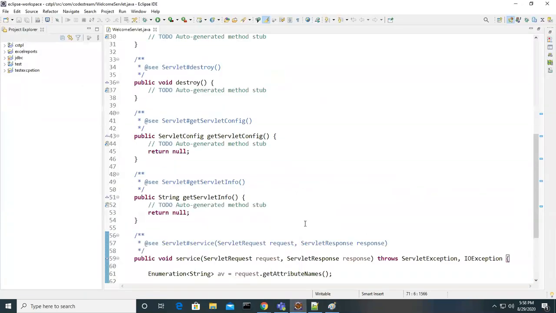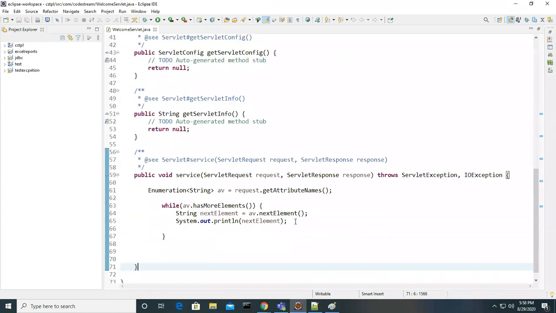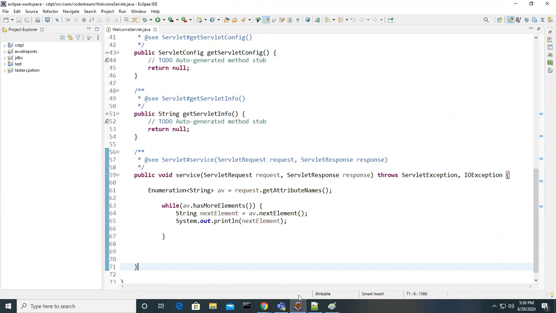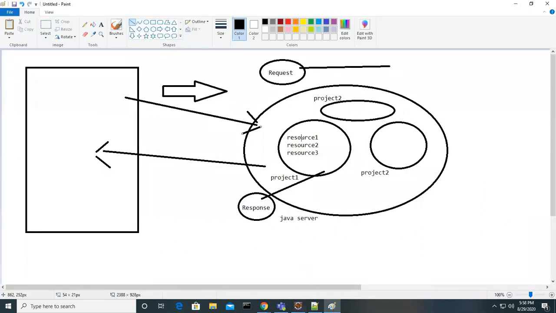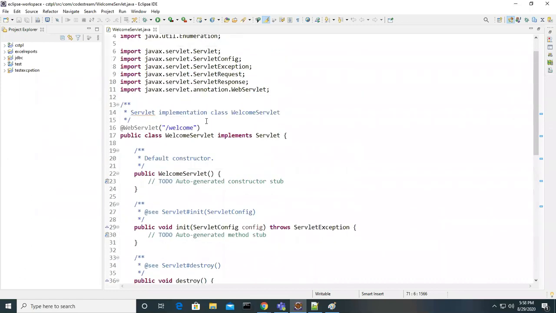When the server sends a request to a servlet, it creates the request object and response object immediately. If it is the very first time you are trying to access the servlet, it will look for a class, the servlet class which is mapped with the URL you are accessing.